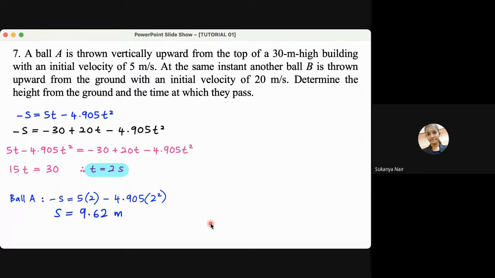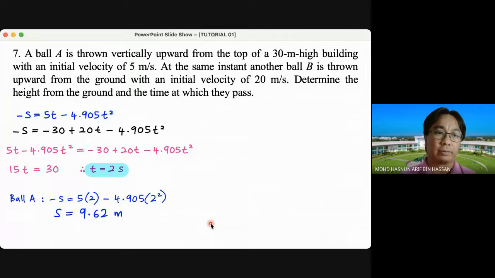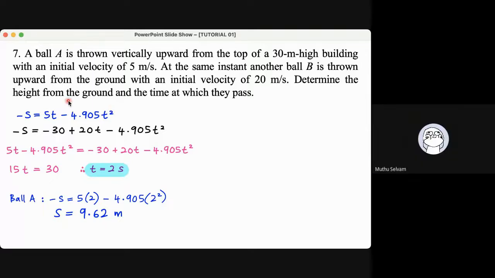So I got a different answer because I didn't put the negative sign. Okay. So anybody else, is this the correct answer? Sir. Yeah. So from the start of the equation, you started from your origin 30 meters above the ground, right? Mm-hmm. So I did it from just the origin at the floor, and I think the answer is correct,